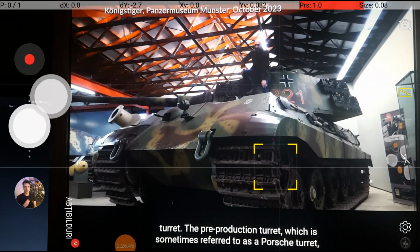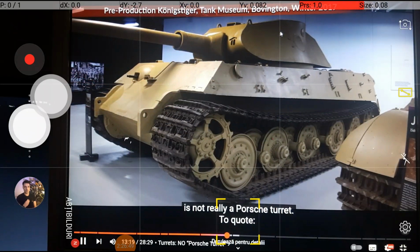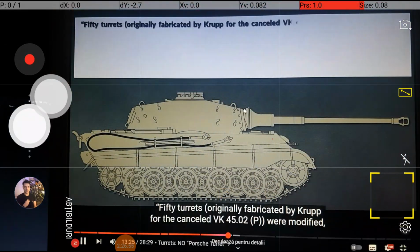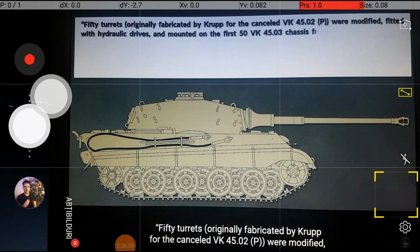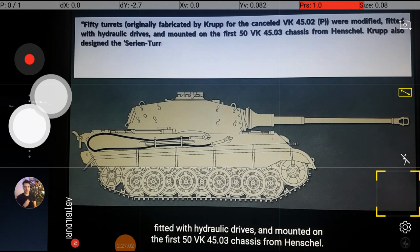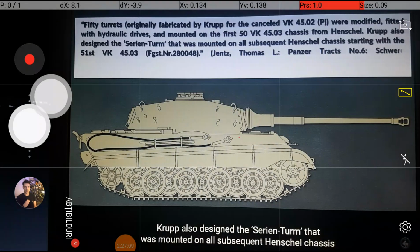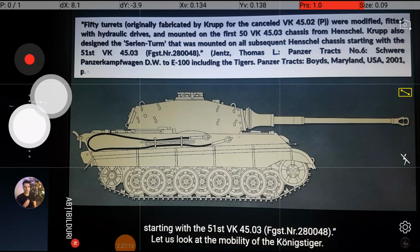The pre-production turret, which is sometimes referred to as the Porsche turret, is not really a Porsche turret. To quote, 50 turrets originally fabricated by Krupp for the cancelled VK45.02P were modified, fitted with hydraulic drives and mounted on the first 50 VK45.03 chassis from Henschel. Krupp also designed the Serienturm that was mounted on all subsequent Henschel chassis, starting with the 51st